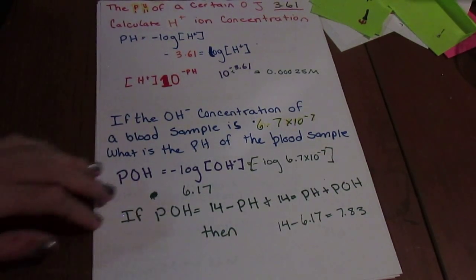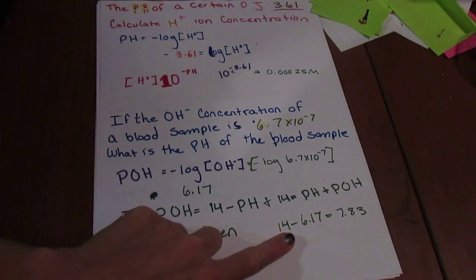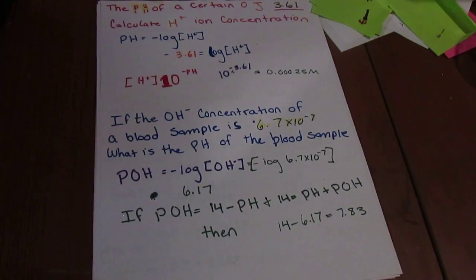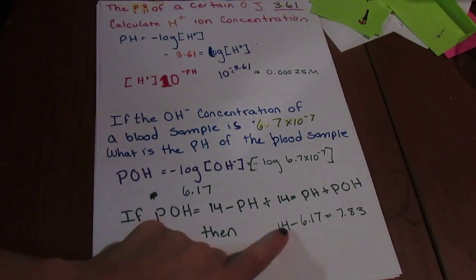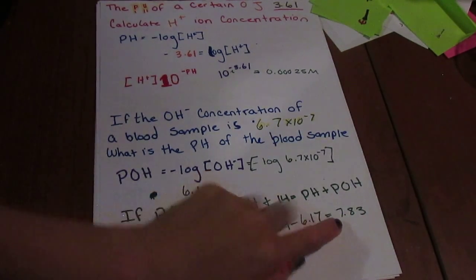So what I need to do is find the hydroxide. So I went ahead and plugged it in right here. You can manipulate the problem however you see fit. And there's 14 minus 6.17, and I got